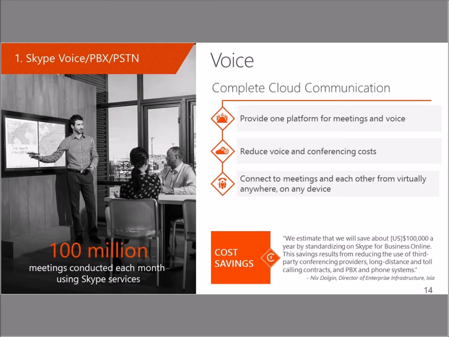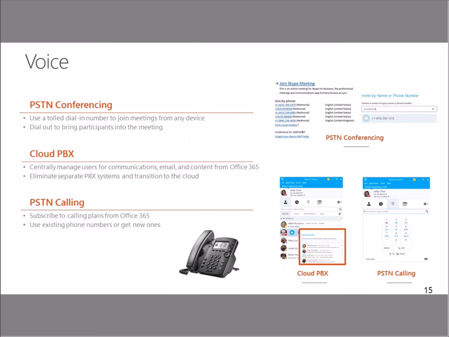You can use Skype for Business simply for PC-to-PC IMing, share desktops, share files. But now we have voice capabilities, and we have voice capabilities for meetings. So I can do a Skype meeting, and folks can call in with a physical phone number. And then I can also have a physical POTS phone number associated with my Skype, which means it can be my phone system. And we're seeing more and more companies use Skype and ditch their legacy phone system. Ditch Vonage or ditch whatever, Cisco or Avaya.